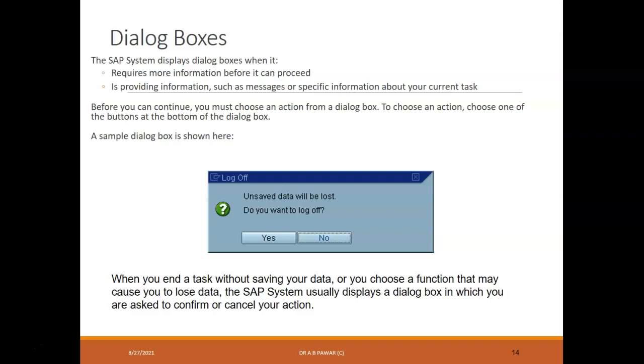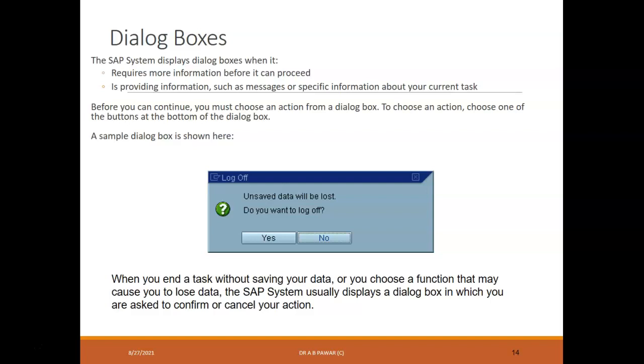Like radio buttons, check boxes and other communication or navigation options available on SAP Logon, we also get various dialog boxes displayed during our operation.